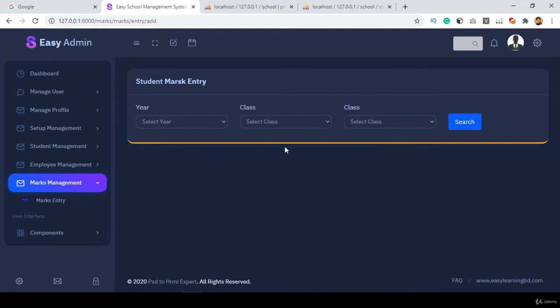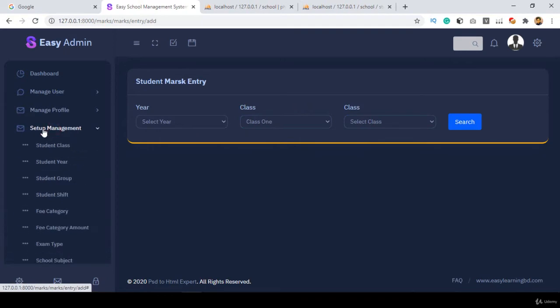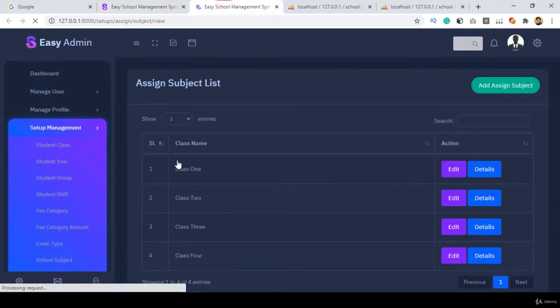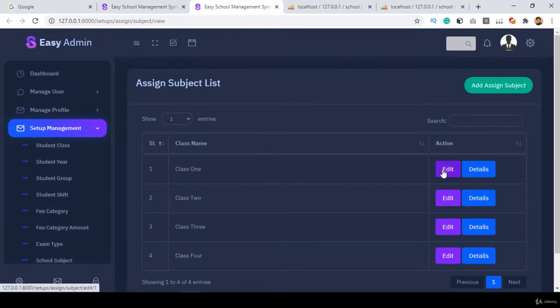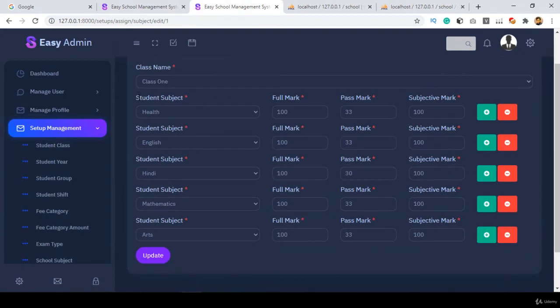So friends, here I want to update one thing. If you select any class, then all the subjects related to this class will be loaded. And we have also done this work. If you go to our student management, here is our role generated monthly. If you go to the setup management, in the setup management you can see I have already completed our assigned subject. That means if you go into class 1 and click edit,